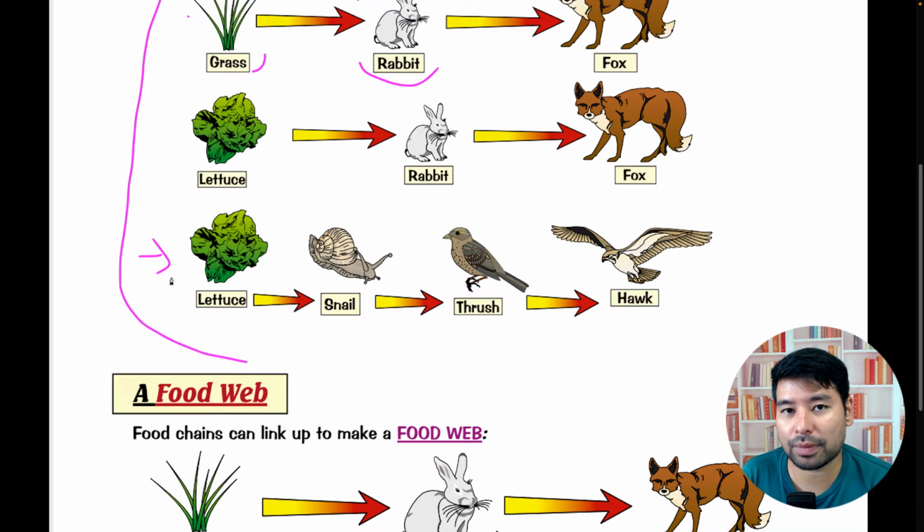So each one, I mean, this is a food chain. Each one is food for the next one. Cada um é o alimento do próximo aqui na lista. Alright? So that's the point. Again, só para trabalhar os names, vamos lá, pronunciation com teacher, right? Vou voltar aqui para vocês rapidinho. Vamos lá com o teacher. Nós temos aqui grass, rabbit, fox, lettuce, snail, thrush, and hawk. Okay, so don't forget that names, right? Moving on.